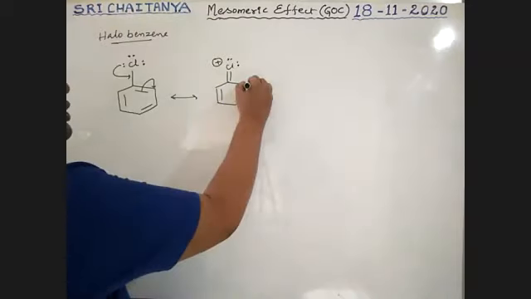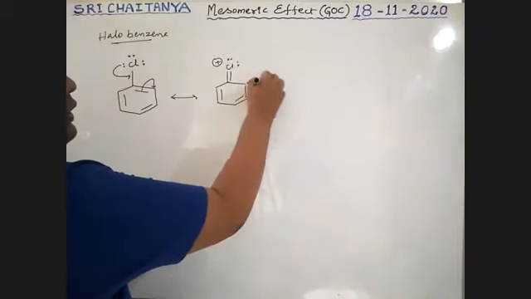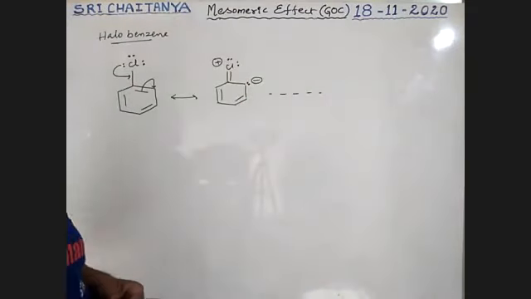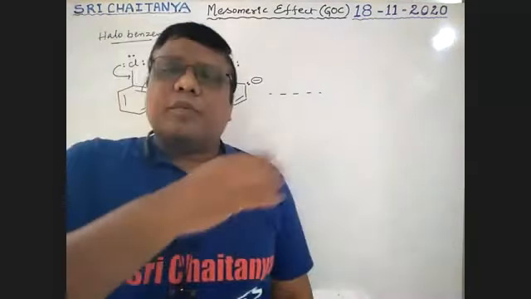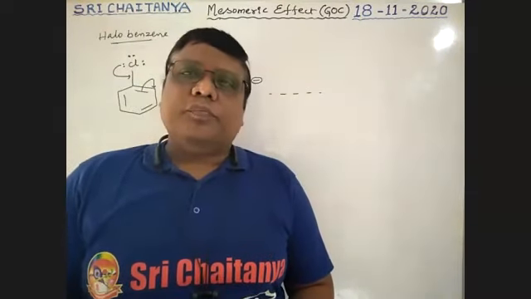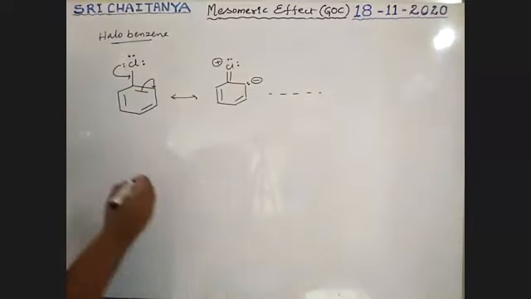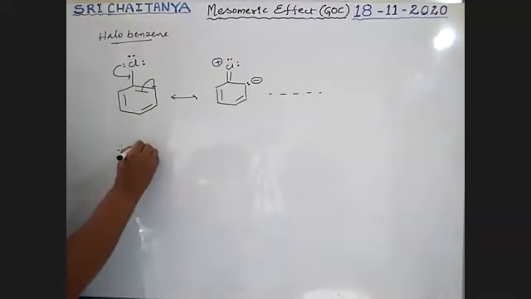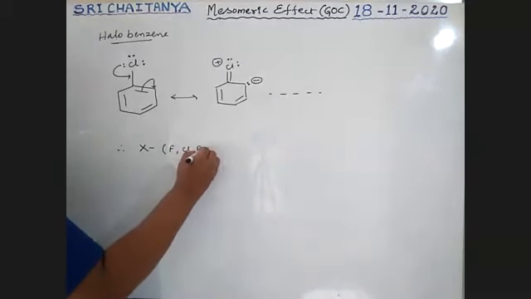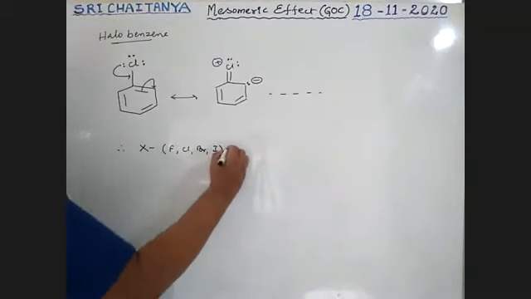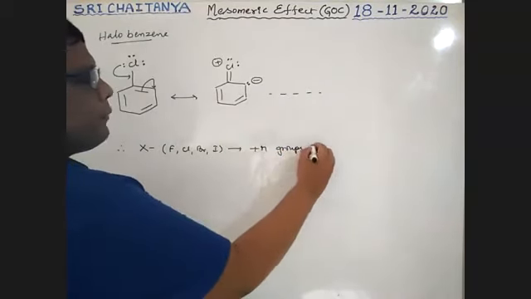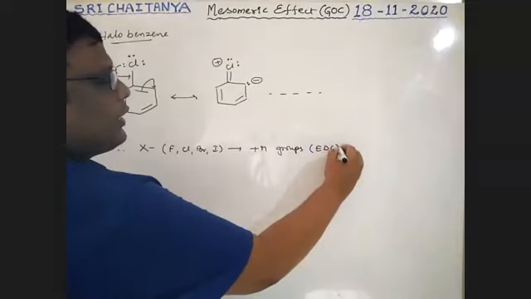Chlorine gets a positive charge. There is a lone pair here, and it gets a negative charge, and so on, like this in the previous case. So just like in our phenol, the remaining structures are positive. Therefore, halogens, nothing but fluorine, chlorine, bromine, iodine, are plus M groups, nothing but electron donating groups.